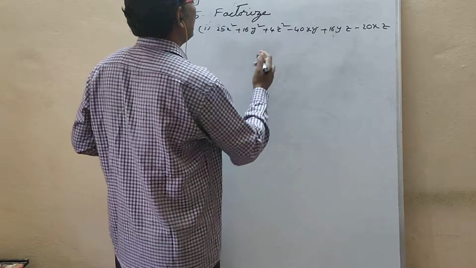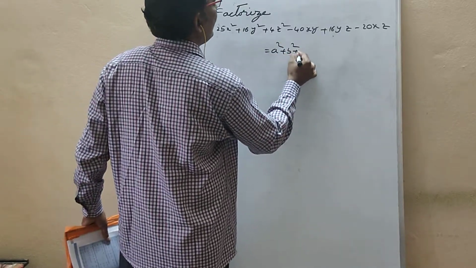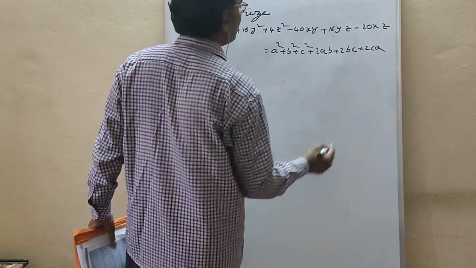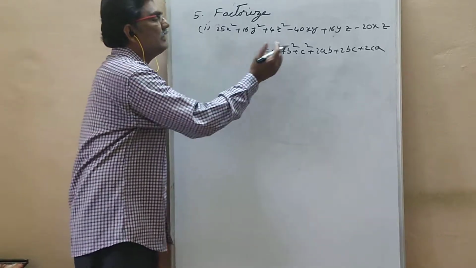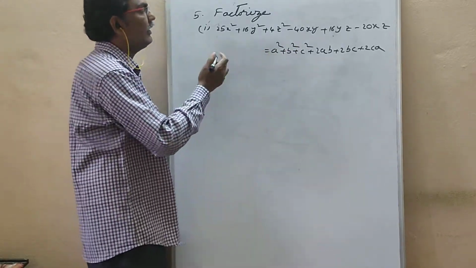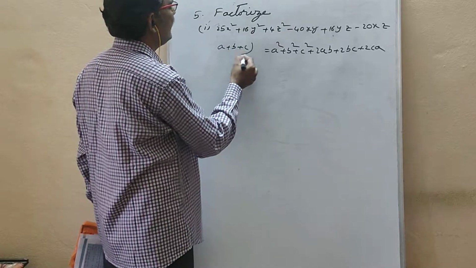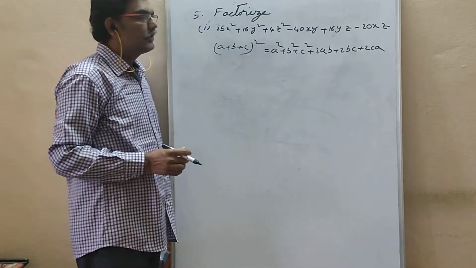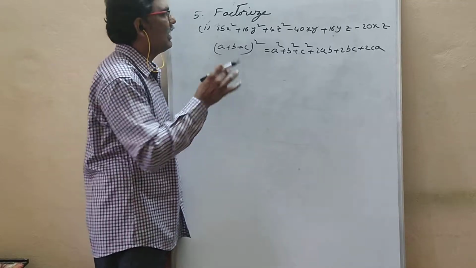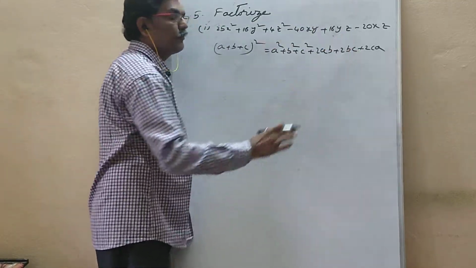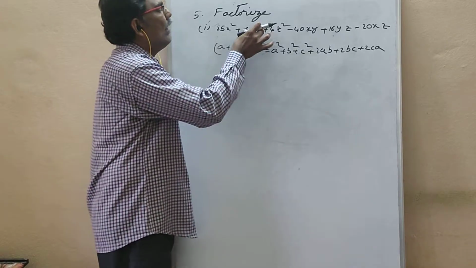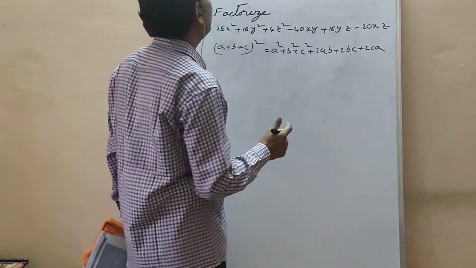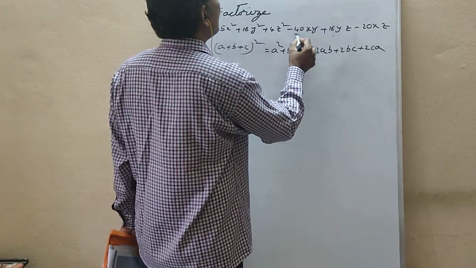With perfect squares you have one identity. What is that? That is a square plus b square plus c square plus 2ab plus 2bc plus 2ca. For this identity, this is the RHS. On this side what you have to write is (a + b + c) whole square. So if it is there like this, we can write like this. So what we should do is convert this entire expression into this form. To write like that, what you have to do is, here minus symbols are there for 2.